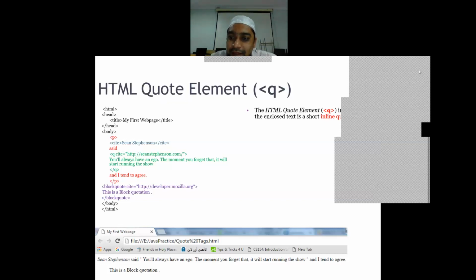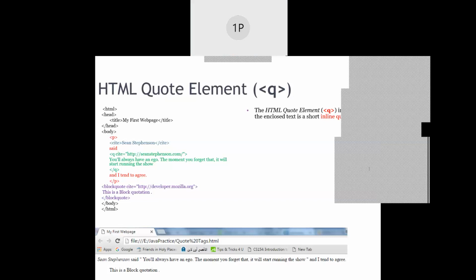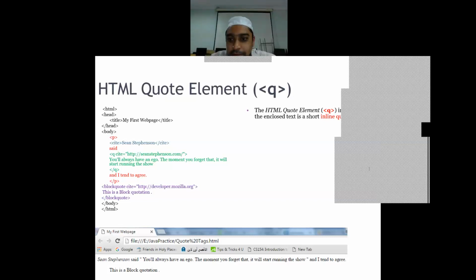First of all, has the link been shared with the first shift? Is the link shared? Sir, okay, one is there from the first shift, fine. Sanjita, the link has been shared, fine.